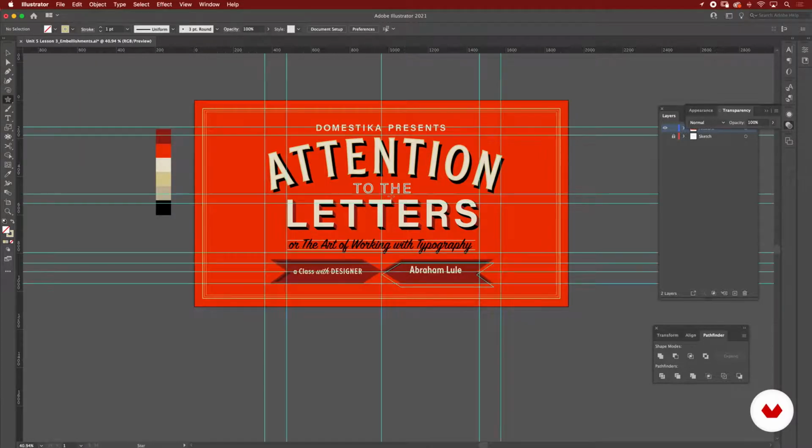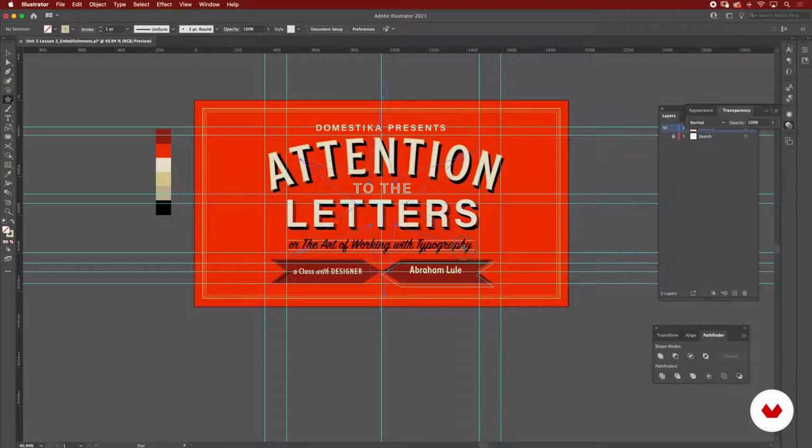Bring your guides back, go to the center somewhere here, bring that up. I already was working on this, so let me reset that and tell you how I do that. If you press Command and you bring that down, up, and then you bring your arrows here, this could be a nice starting point. So if you press Command, that is going to affect the center of your star.